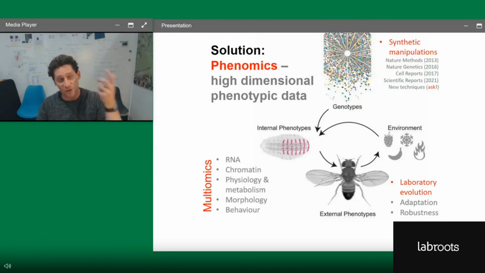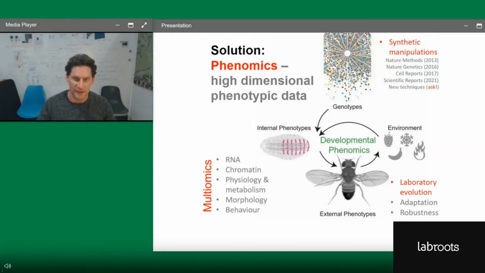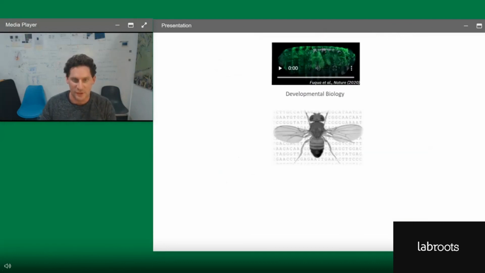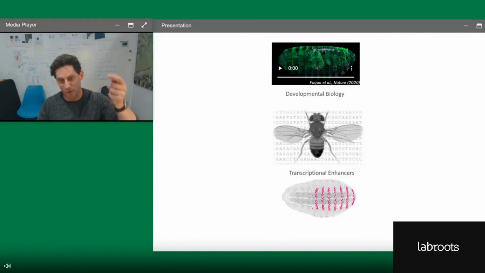And then what we can actually do uniquely in Drosophila is see how these will actually change using laboratory evolution over time. And again, I'm going to walk through this very quickly because I know we're coming up to time. But a lot of what we're doing now, to relate this back to our talk, we're taking fruit flies. We're doing, in this case, transcriptional enhancers, but we're setting this up for many other things